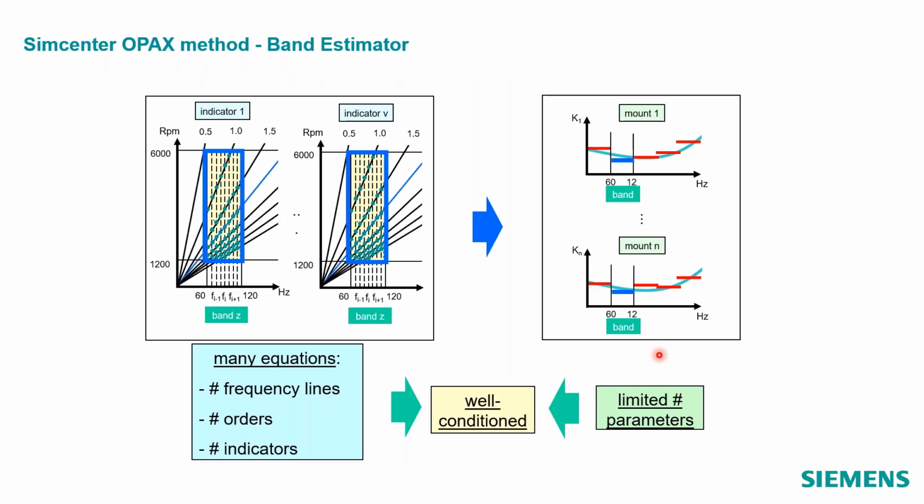We can do that by reducing some of the unknowns, by setting mass to 0 or damping to 0, or maybe just solving for k, or maybe just solving for k across certain frequency bands, or maybe you know some equations between mounts, and you can type in those equations, or maybe you know loads by some other technique, and we can use those a priori known loads. So if your math isn't well conditioned, and your condition number is high, we have some tools we can use to try to improve it by limiting the number of parameters or adding more equations.